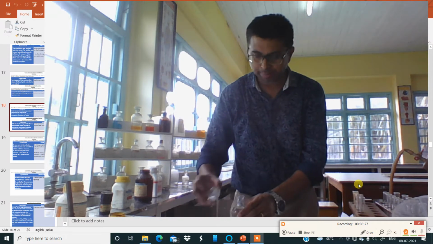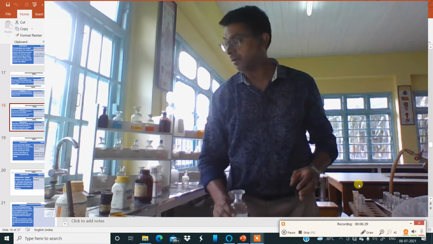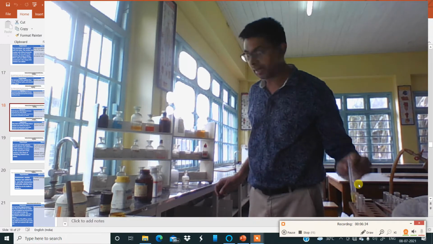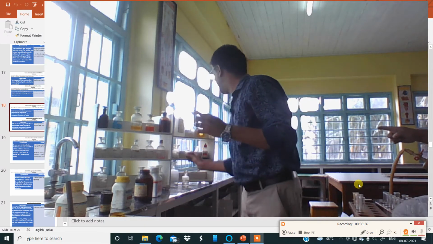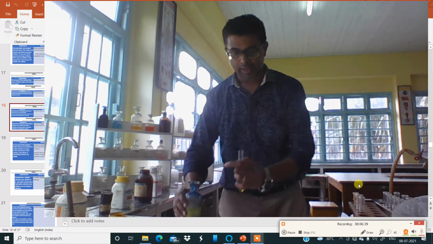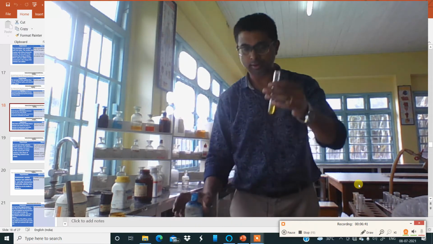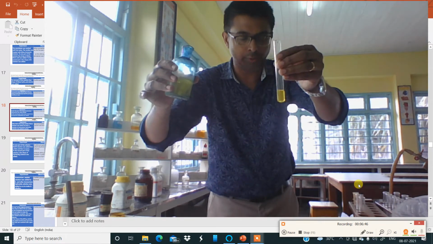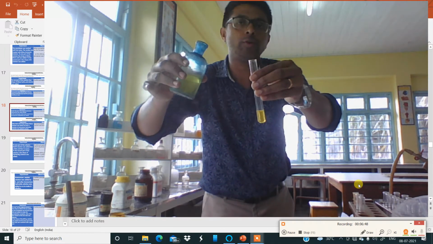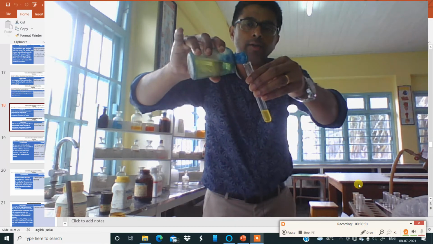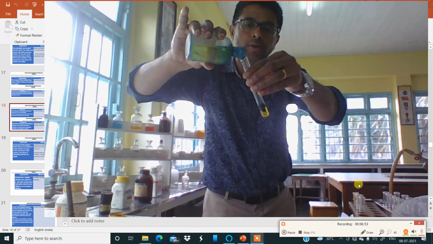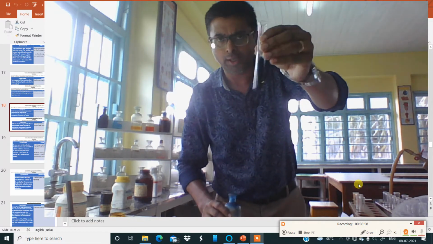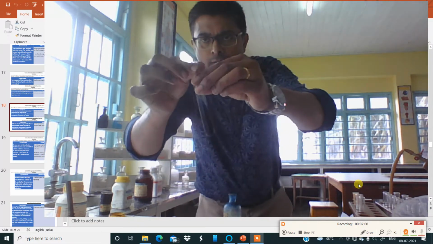Now to the second part of the solution, I will add potassium ferrocyanide, and let us see what happens. This is the identification of iron 3 which is present in group 3 of the group analysis chart. So I am adding potassium ferrocyanide from the reagent bottle. You can see a deep blue colored solution is formed. Deep blue color solution.